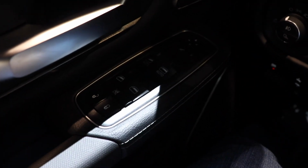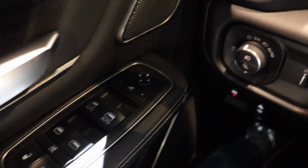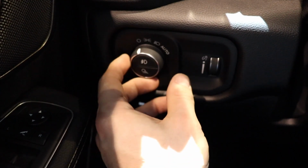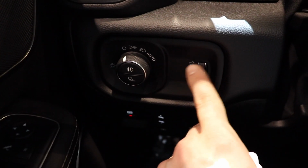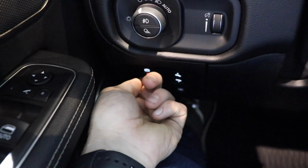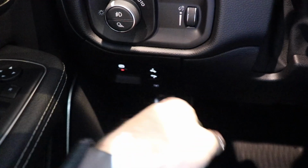Starting off on the left hand side, we have your lock and unlock buttons, as well as all of your window controls. The front two windows are power up and down. We have your power mirrors, as well as power folding mirror button right here. Right here we have your rotary dial exterior lighting controls, as well as your dimmer switch for the interior lights. This is your electronic parking brake button, and then to the right of that we have your power adjustable pedal